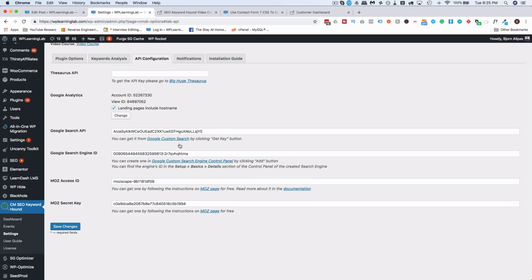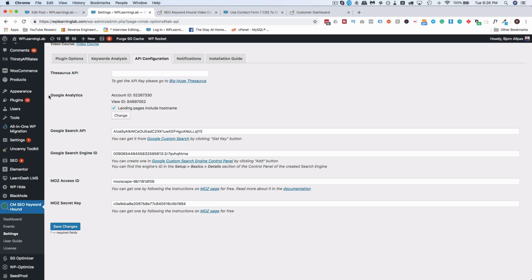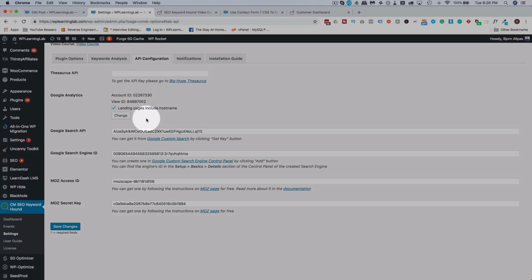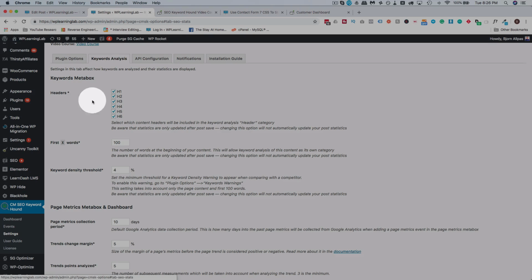Really, all you do is click on these links, and you click a few buttons, and you copy and paste the information. And I also integrated Google Analytics, which was very simple. I log into my Google Analytics account, then I click on a link here, then I copy and paste the URL into a field. And then following that, we can click on the Keyword Analysis tab, and here's some settings